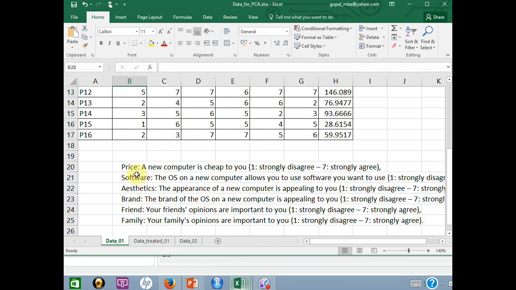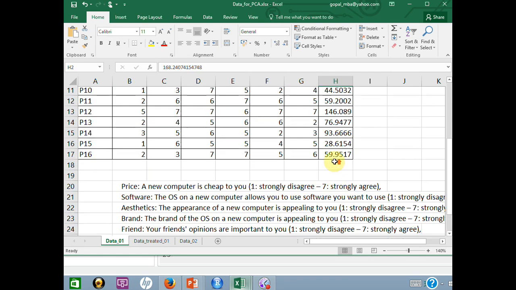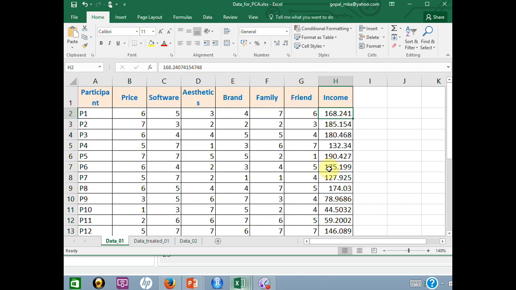Do they value price, software, aesthetic, brand, their family members? I have also added a variable here using some formula and randomization, a new variable. The whole idea is that I will take this data, work step by step, and show you how to conduct PCA using this data.